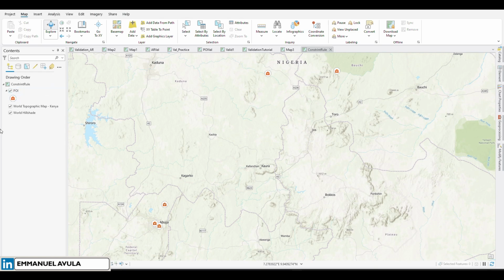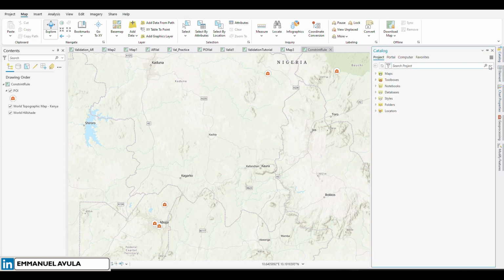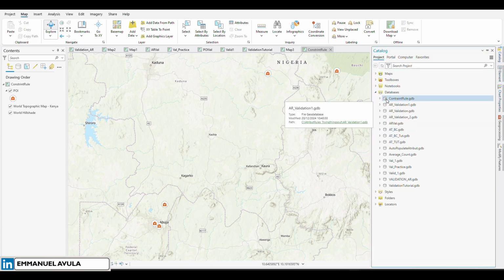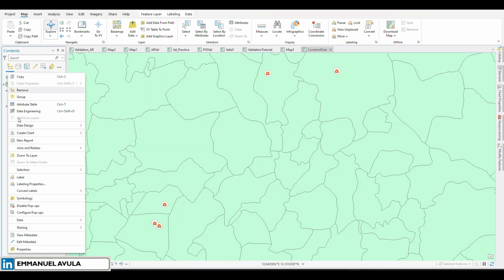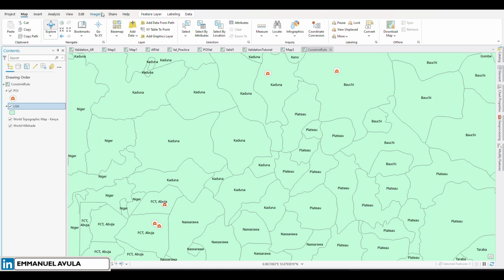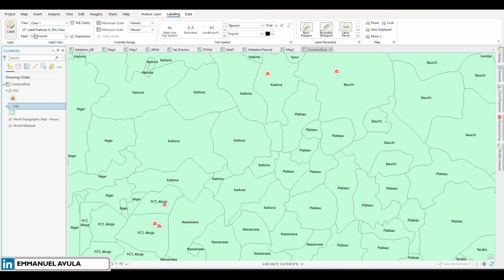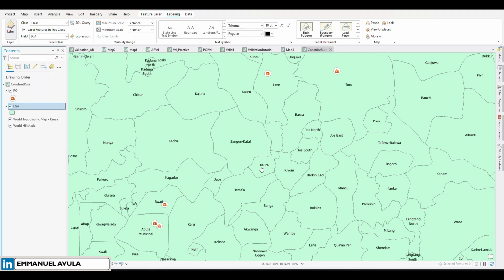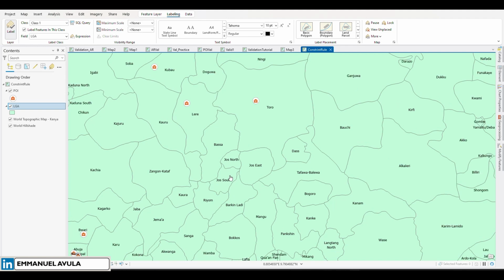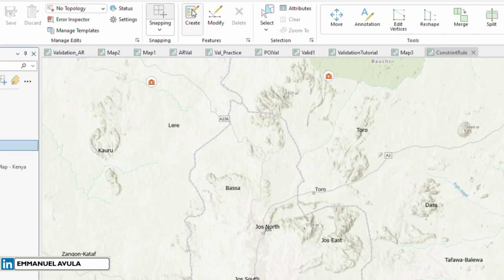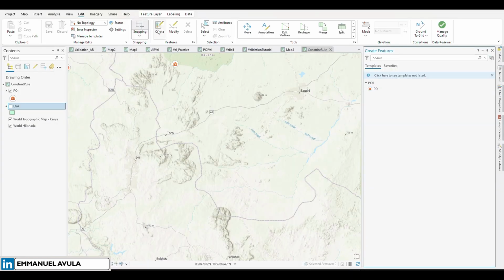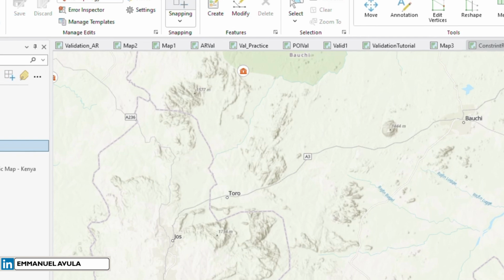So what we are talking about, we have our point of interest here. We also have the local government, the LGA. So let's bring it in, and let's quickly label it. Let's label, and then let's use the local government name. So we want to create points. Let's attempt to create points and see exactly what we are talking about. So let's try to add new points. We'll go to create, and then we'll come to POI,